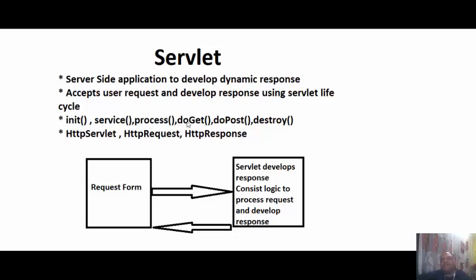It's a process request actually. javax.servlet is a package built for developing dynamic responses on the server. Whatever request comes to the server, whether it is form data or a normal request to a link, it will read the request, read the data, and by using server side servlet logic, it will develop the response for the user.